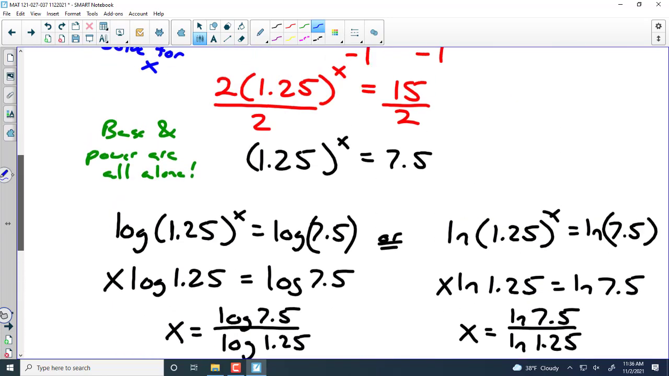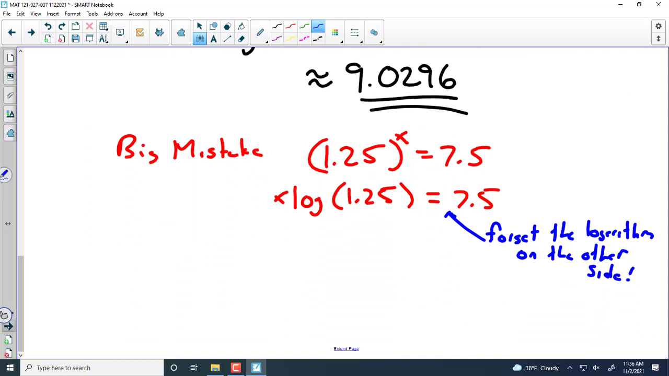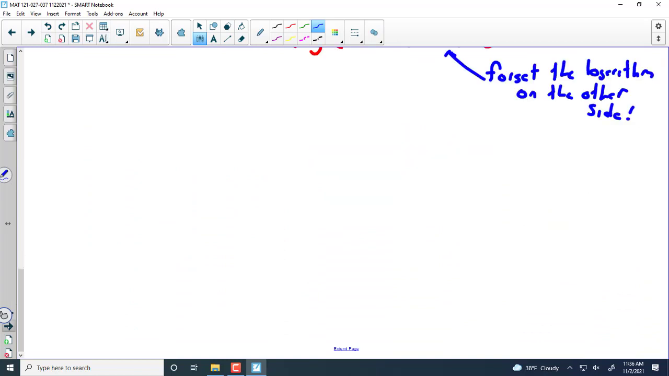So this problem that looked like it was going to be a disaster really wasn't the worst thing ever, I don't think. It's a doable problem. But this one is very tricky. And what makes this one so tricky